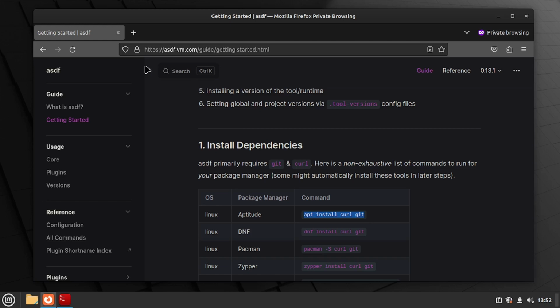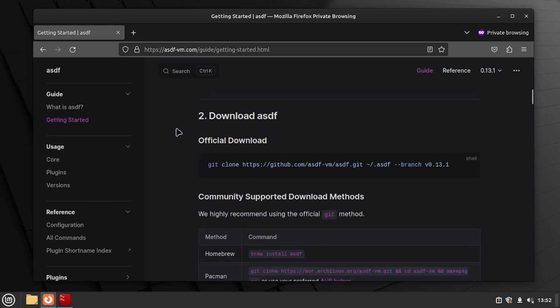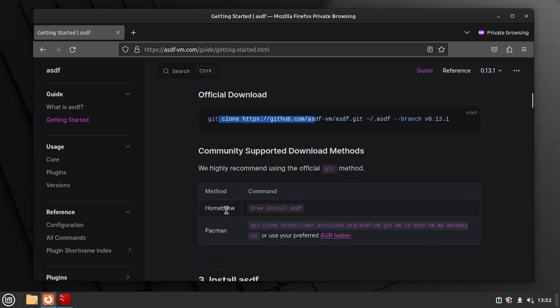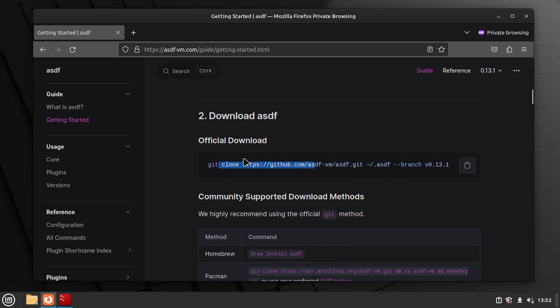And the next step is to, let me scroll down, is to download ASDF. So there's an official download method which downloads from git, and then it downloads it into the .asdf directory on the home directory of my system. Then there are other methods as well, such as using homebrew or pacman, but I'm going to go with the official download method. So I'm going to copy that command, go back to my terminal,